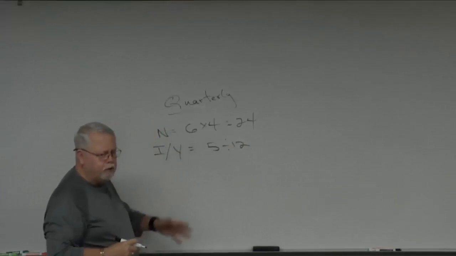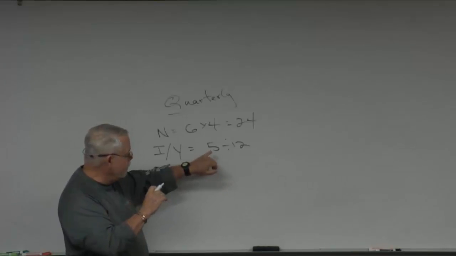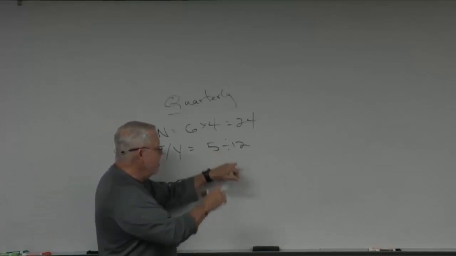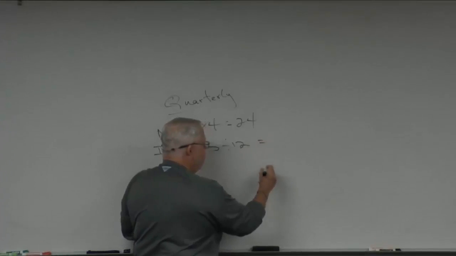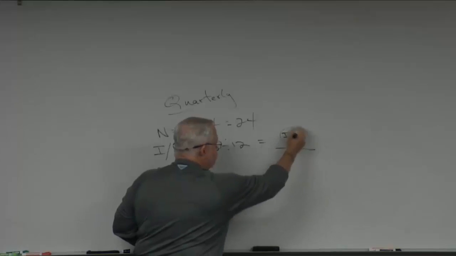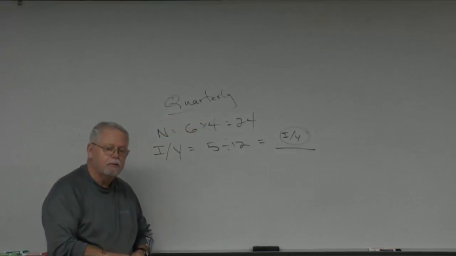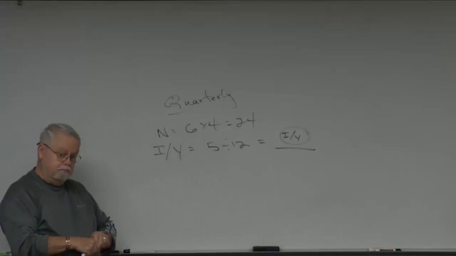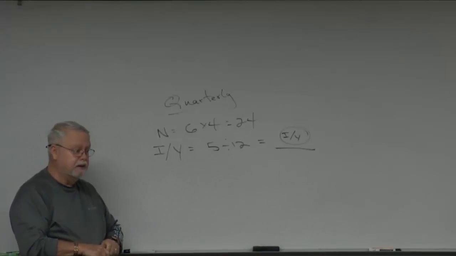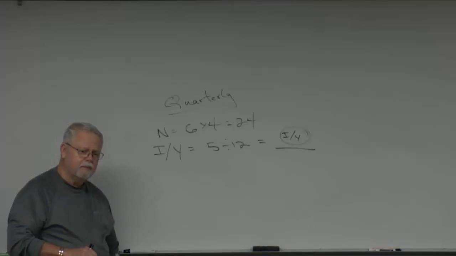With this particular calculation, it's easier if you put in the calculator exactly 5 divided by 12 equals, and whatever number shows up, put that in for IY, because it's rounded out otherwise. Okay, and the answer works out, but when you're doing an annuity and you're doing your payments,